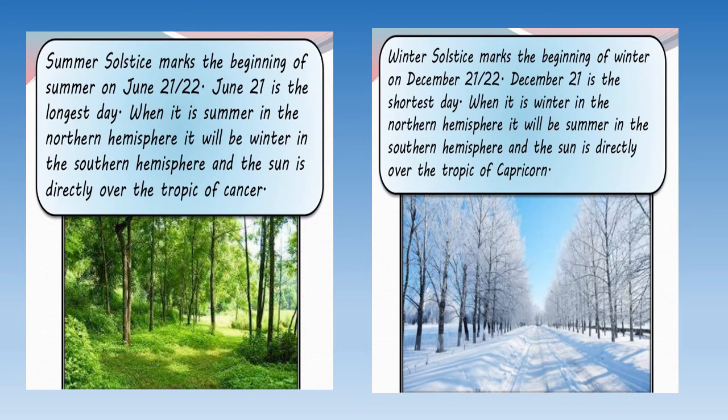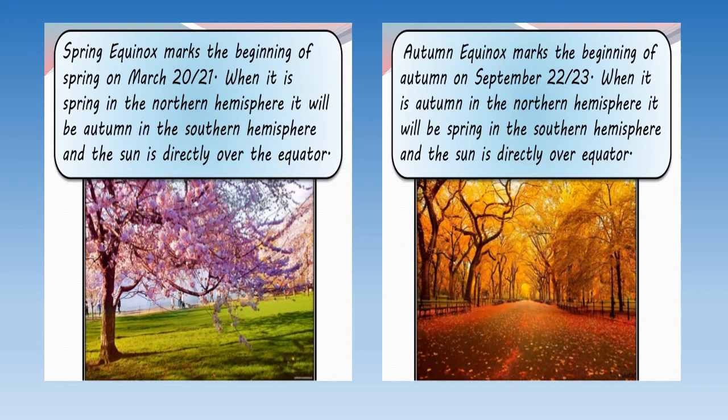This is what we are going to talk about actually, how because of earth's tilt the sun rays are received, and this is equinox. Equinox means equal. The word has come from equal. Here on earth at two different points of the year we will have equal hours of day and night.